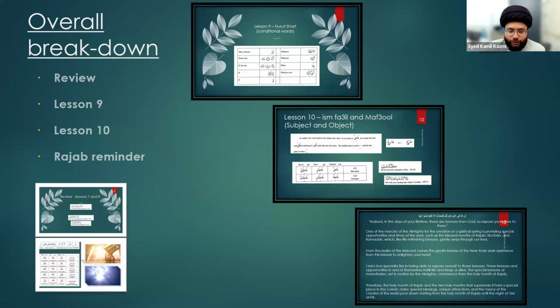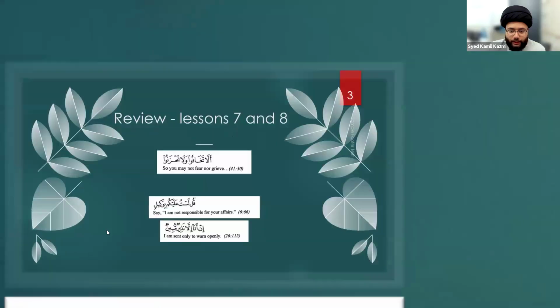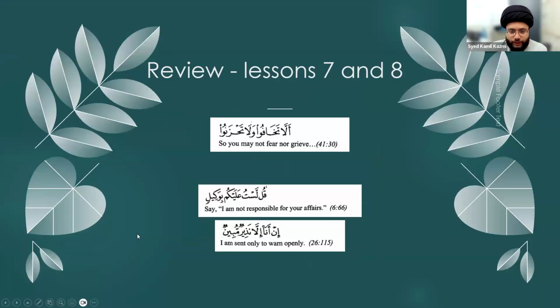And any portion of today's review that you cannot answer serves as a motivation for you to go back and revisit the notes from lesson number 7 and lesson number 8. So we're not trying to answer these questions. I'm just simply posing them and showing you the verses and asking you what is going on here. And if you're able to answer that, then alhamdulillah, that's very good. And if not, then that serves as a good indication that you might need to go back and review what was in lesson number 7, what was in lesson number 8.